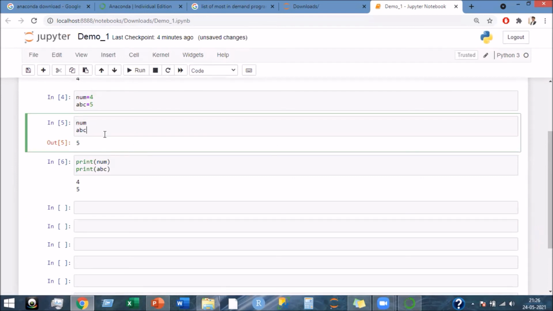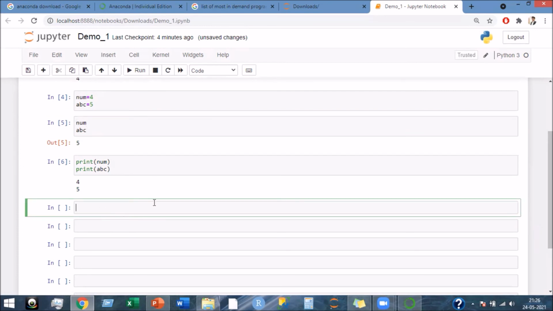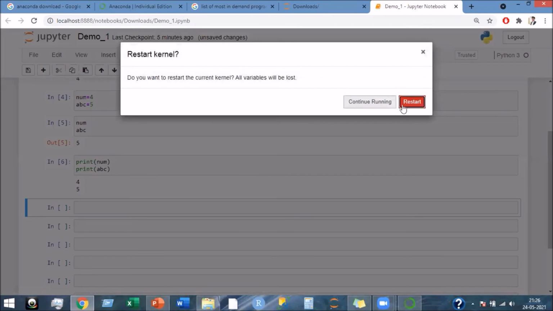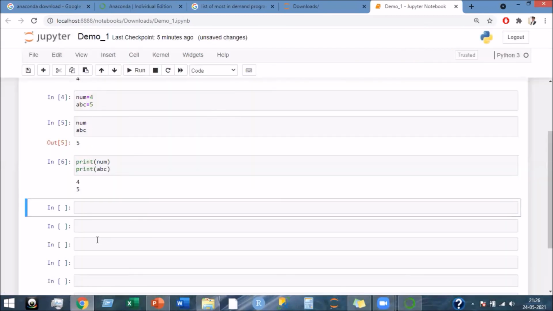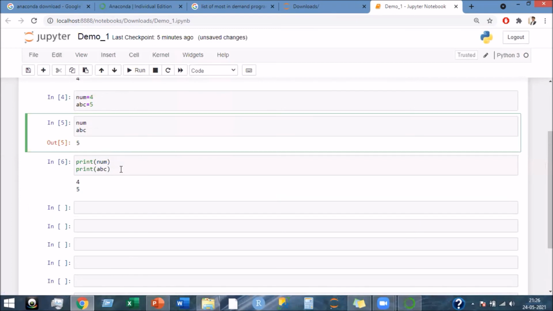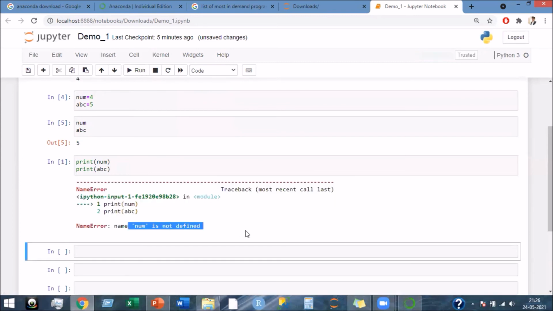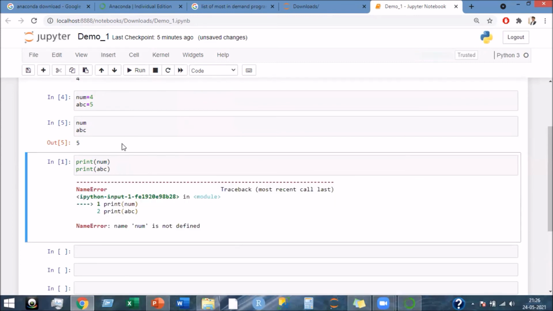So if you're running a program and you get stuck, or you have put the program in a loop, you can use interrupt kernel to interrupt the kernel, or you can use kernel restart to totally restart it. In that case, it's going to remove all the output. Now if I simply run this, it is not going to give any output because the kernel is totally refreshed.